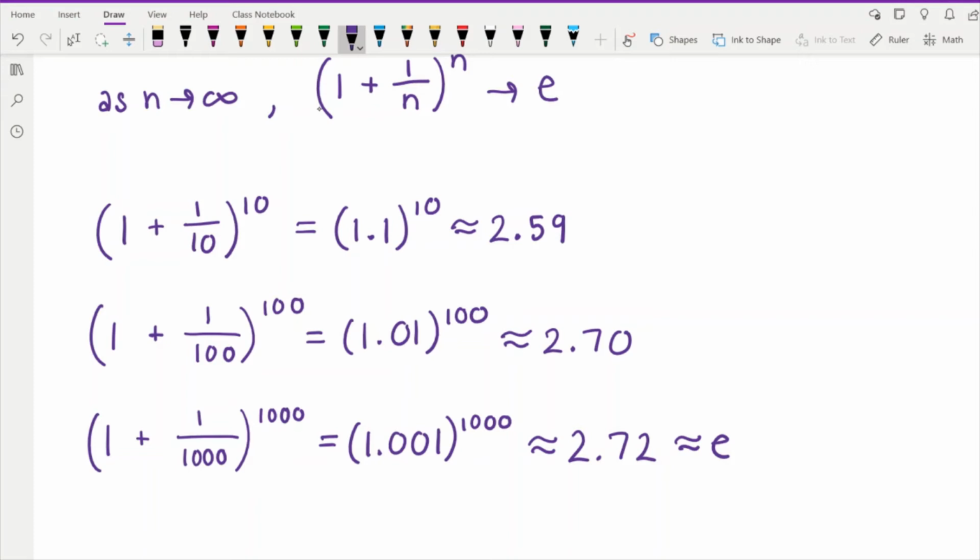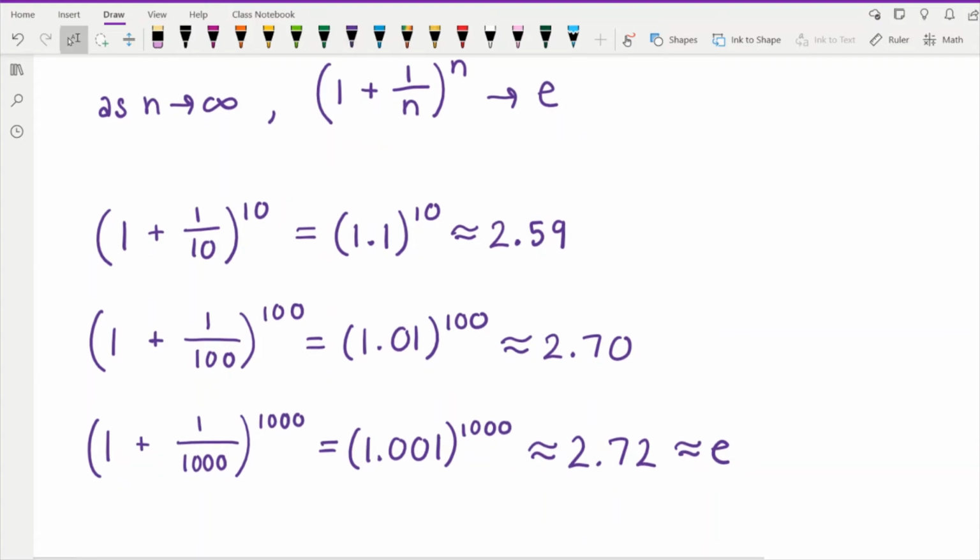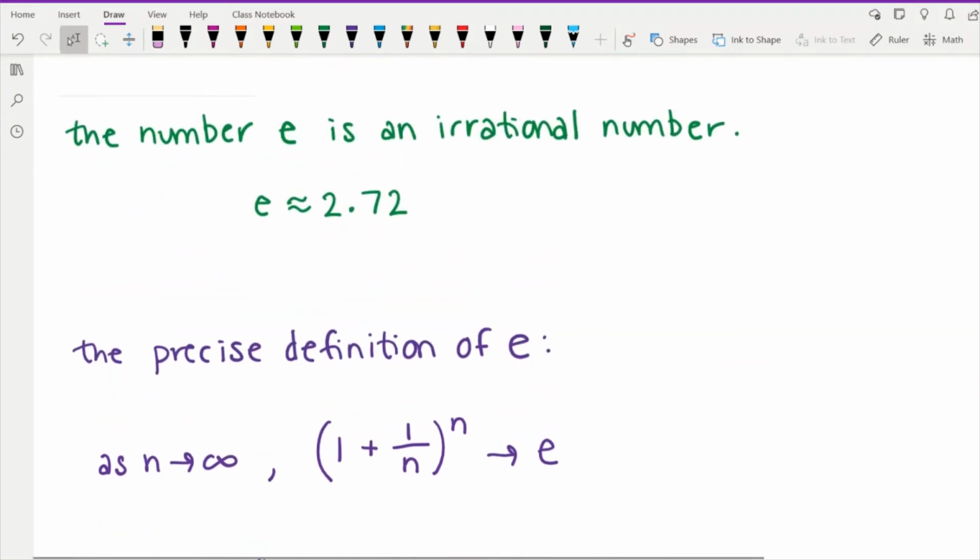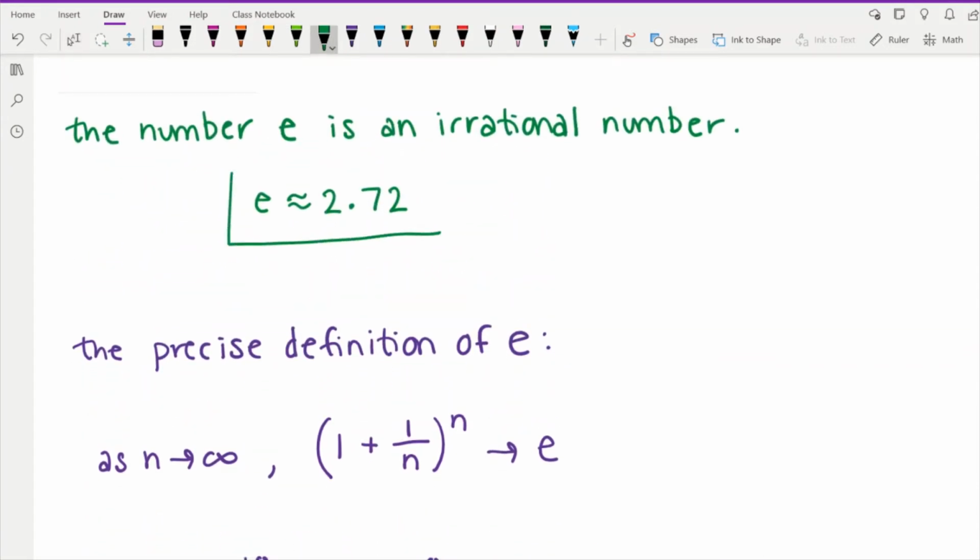And so the idea is that if you keep pushing this, so if you do the 10,000th, the 100,000th, the 1,000,000th, the billionth, the trillionth, as you keep increasing this value of n, your outputs are going to get closer and closer to the actual value of e. Again, I know this is a little weird and probably a little confusing. If you didn't totally follow this, that's okay. You're going to be fine. Really, all you need to know for this class is that e is approximately equal to 2.72. That's really what I need you to know in order to succeed in understanding what the exponential function